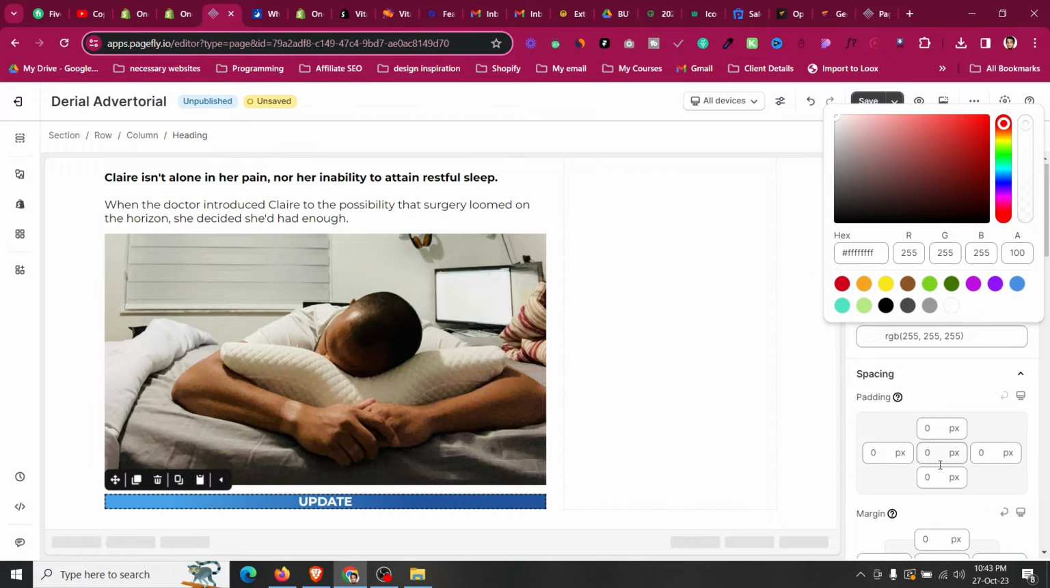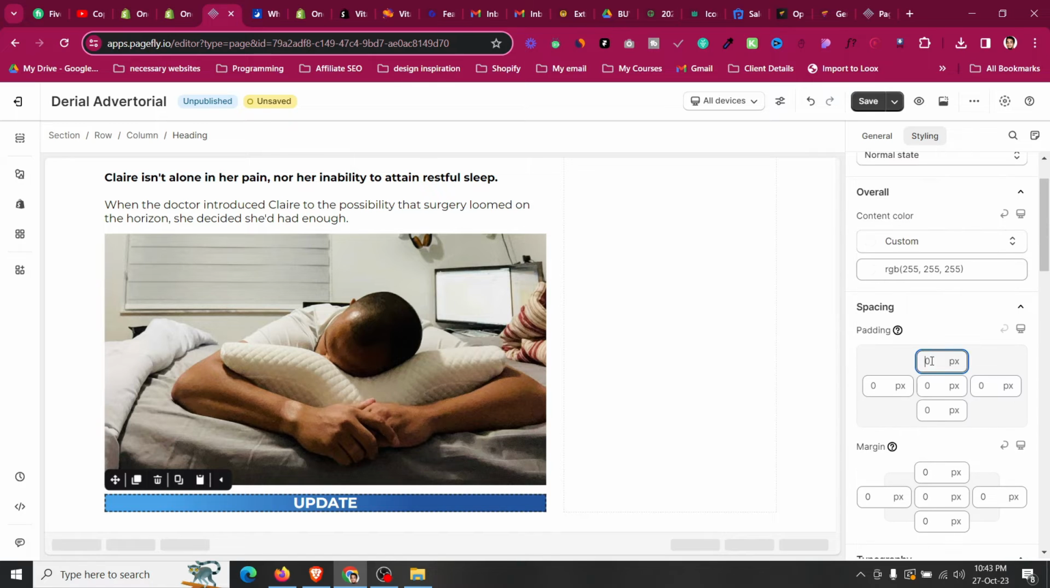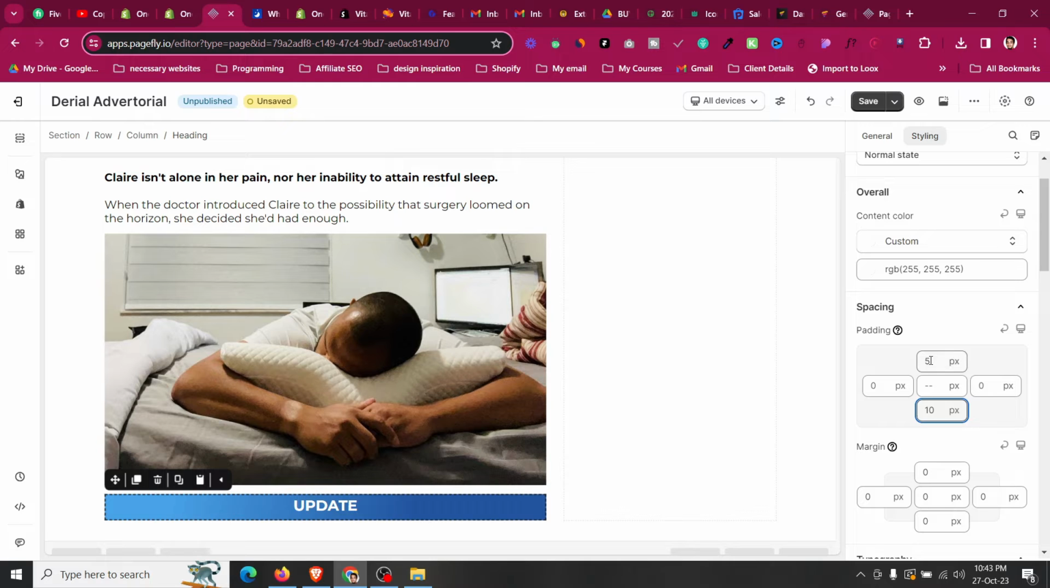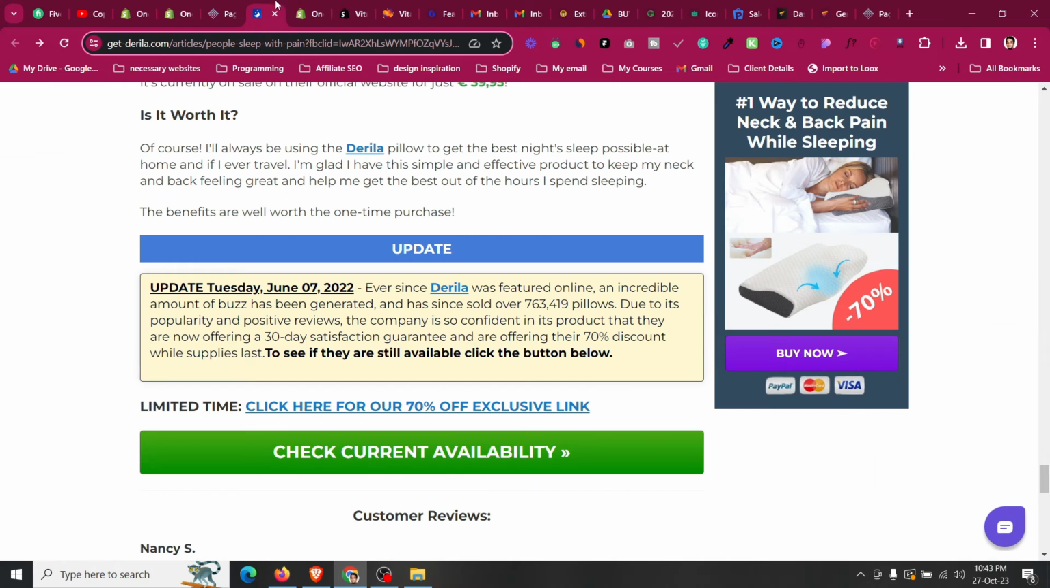So then make the font size 25, and go to top and bottom 10, 10. Okay, top 10, bottom 10. Okay, good. So now it is looking something similar to that. Now we have a block. So for that block,